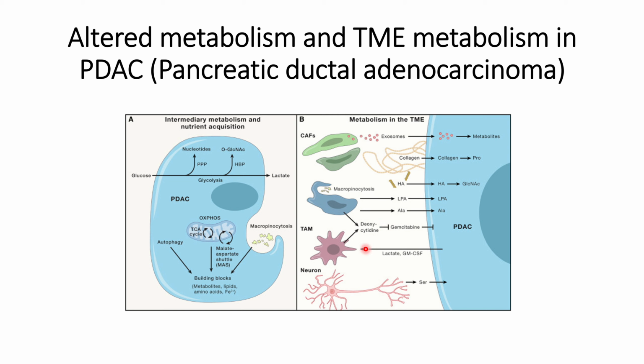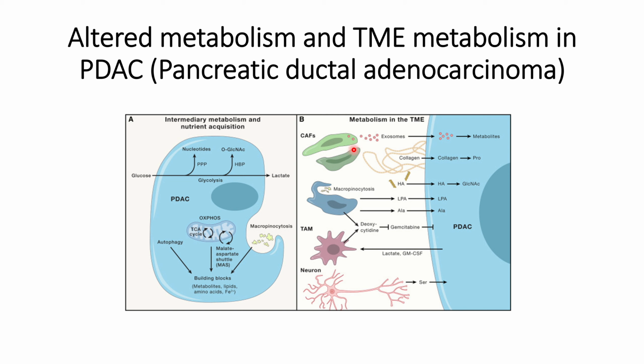These tumor associated macrophages are differentiated from monocytes through the release of lactate and GM-CSF, which help differentiate the monocytes into M2 type macrophages, which have pro-tumorigenic properties. And the neurons present near the pancreatic cancer cells help in providing the serine pools. So some of the amino acid pools are already discussed here, such as proline, glycine, alanine and serine, and others are contributed by other factors